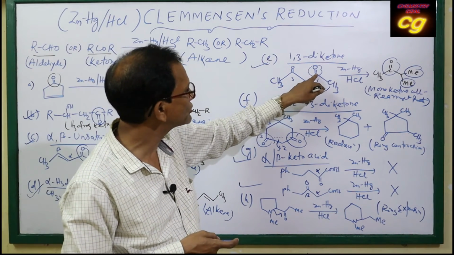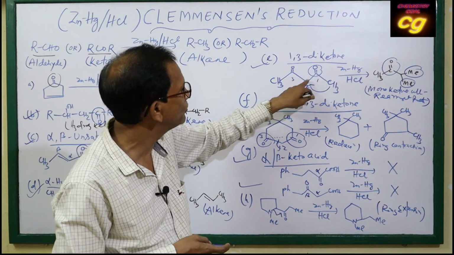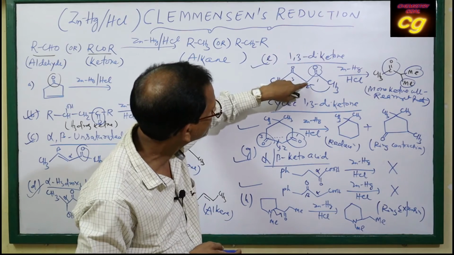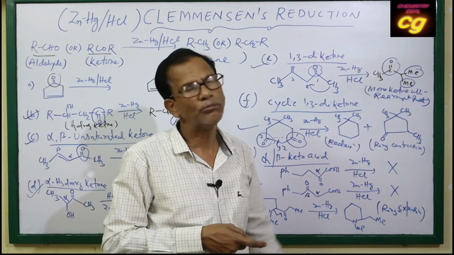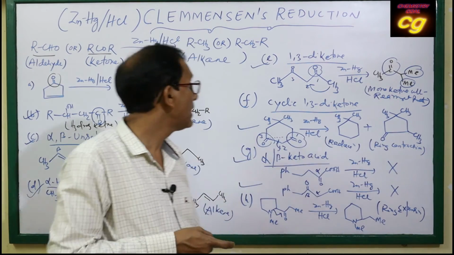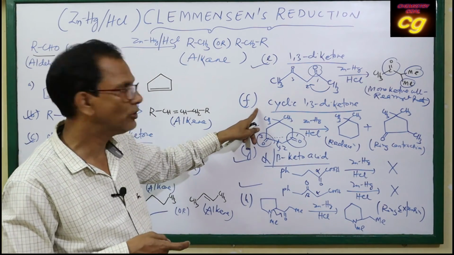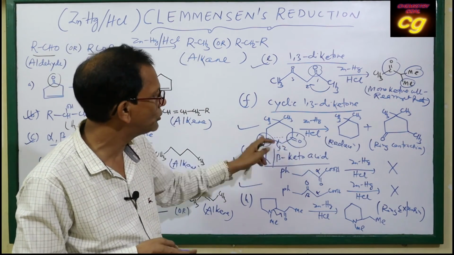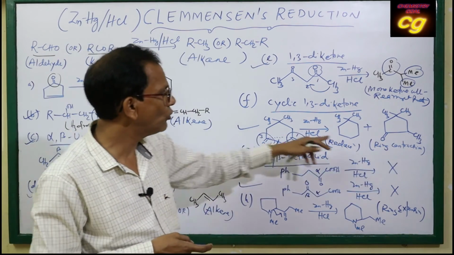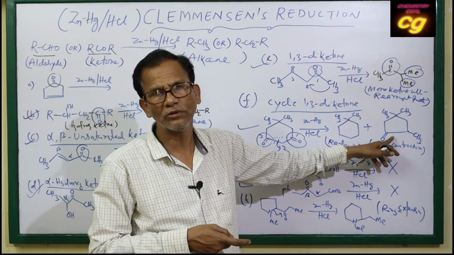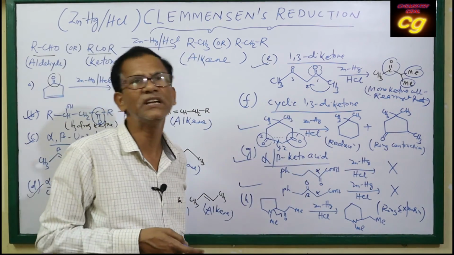Here you see methyl group just attached to keto group. Due to rearrangement, this methyl group shifted to this position and this group becomes methyl. This CO reduced converts to methyl, and this methyl shifted to here and converts to monoketone with rearrangement product. But if the compound is cyclic 1,3-diketone, in case of cyclic diketone, the fully reduced product is this one, all keto groups reduced, along with ring contraction, and a mono keto group will be produced and along with ring contraction. So remember, this is very important for cyclic 1,3 diketone.